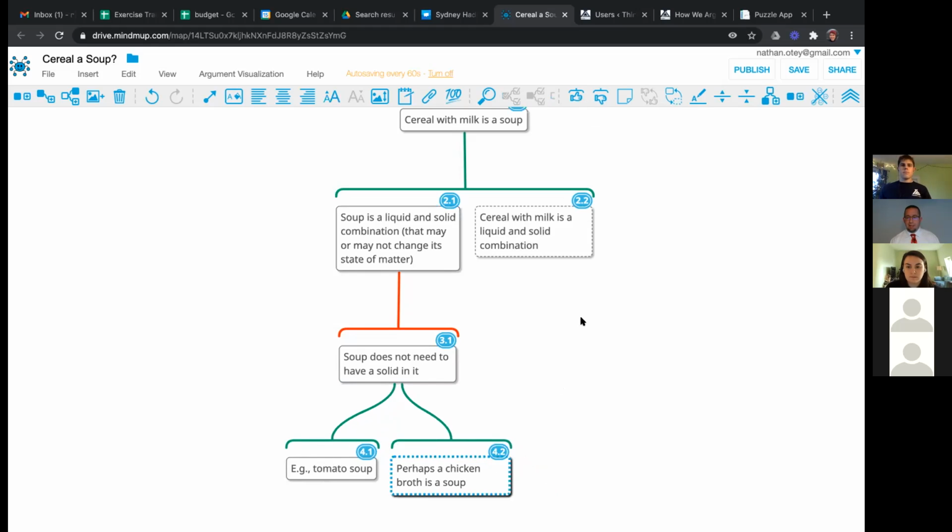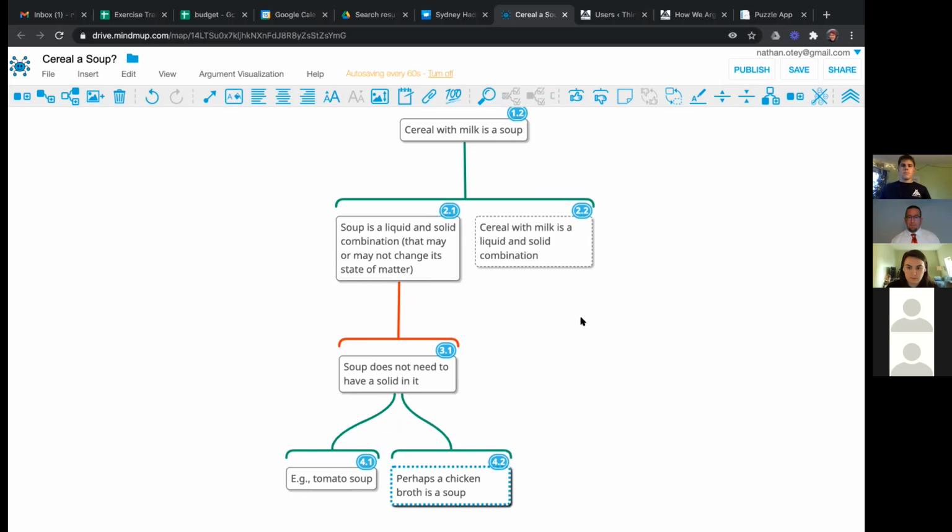Because I think the initial reaction to that is no, until we start to get into the fine parts of it. And if you're going to call chicken broth a soup, what about consommé? Or bone broth, which is made from the solid bones being boiled down. So sorry, Deb, are you supposing that those would or would not be soups? I am assuming that they would be soups.